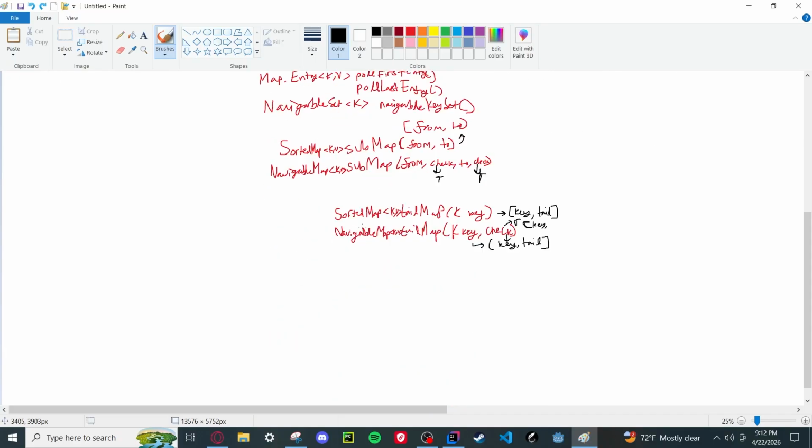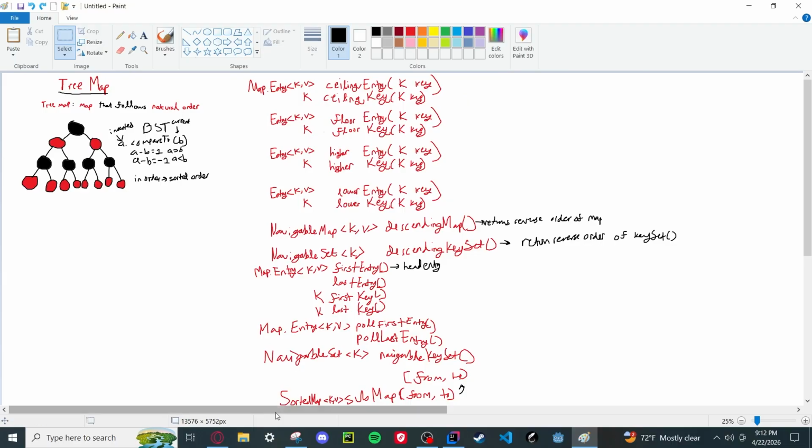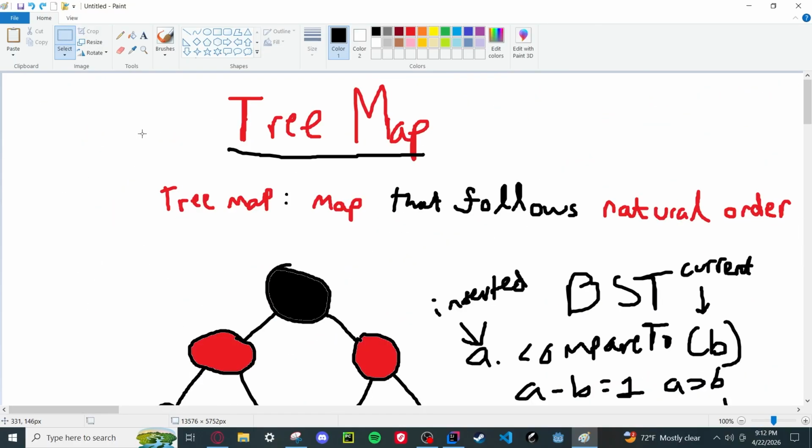Okay, yeah. And of course, submap is in the name, but also if they ask the differences here, I don't think they'll ask, but they might. If they ask, the more simple one is sorted, the more complicated one is navigable map, and you also know what these checks mean. And yeah, those are the methods. This is the tree map in Java. And at the end of the day, you need one major thing to take away from this: a tree map is a map that follows natural